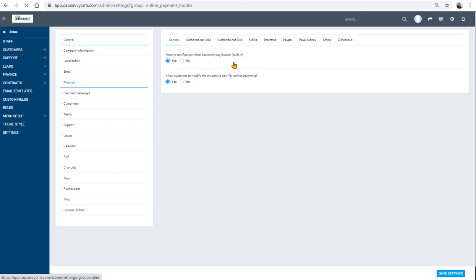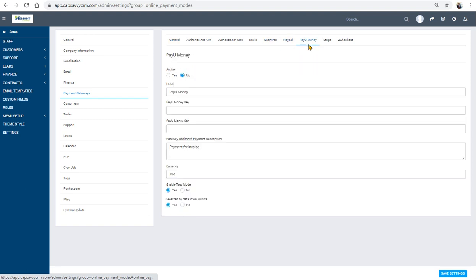Then payment gateway, if you want to integrate your payment gateway, PayPal is there, otherwise PayUmoney is there. PayUmoney is valid in India also, PayPal may not be. So if you have a PayU account, you can integrate it here. Then by just sending the link, your customers can pay you directly using that link. So that is integrated here, the PayUmoney account.